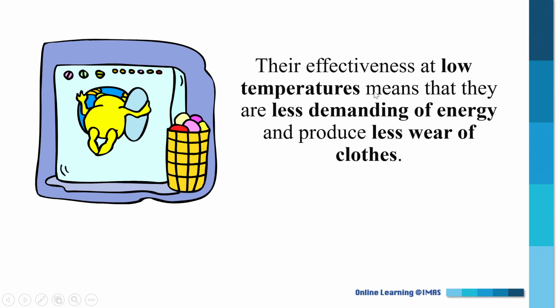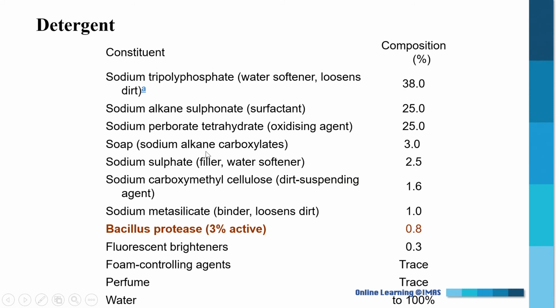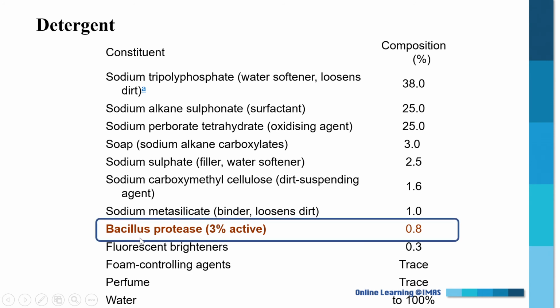Working at lower temperature means they are less demanding of energy and produce less wear of the clothes. Here is an example of a bio detergent, and I just want to show you this one. Here they are using Bacillus protease. You don't have to memorize this one, don't worry, it just shows you the composition of this bio